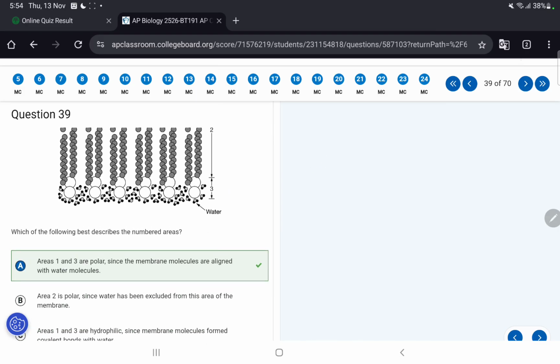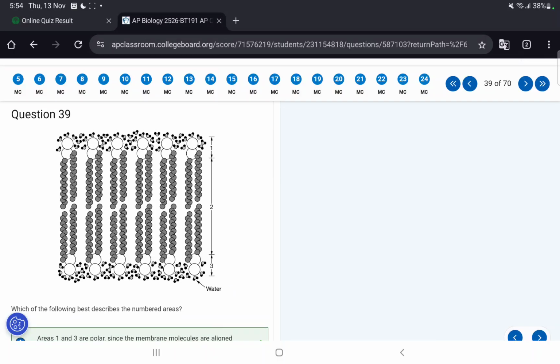39. Which of the following best describes the numbered areas? Okay, so obviously number 1 and number 3 are hydrophilic because it is in the region where water is, okay? It's the hydrophilic heads. So obviously it's hydrophilic. And it's polar because being hydrophilic, you're also probably going to be polar, okay? And we know that the hydrophilic heads of the phospholipid bilayer are also polar, so region 1 and region 3